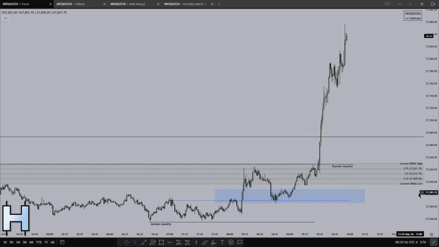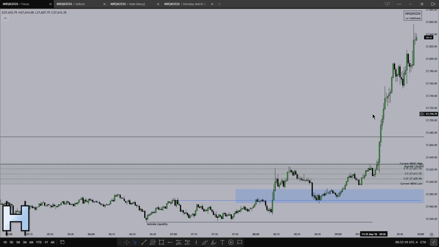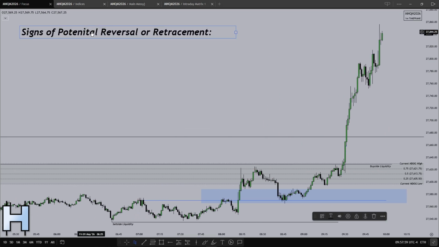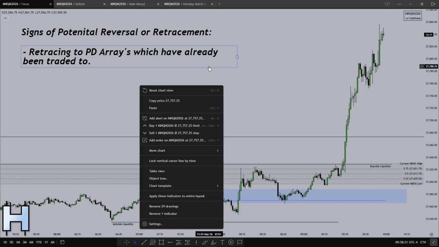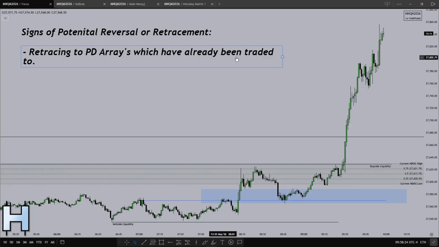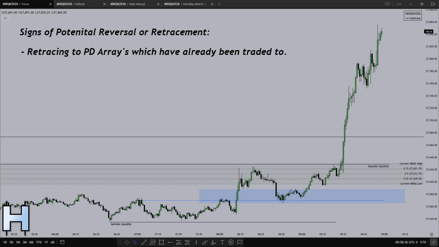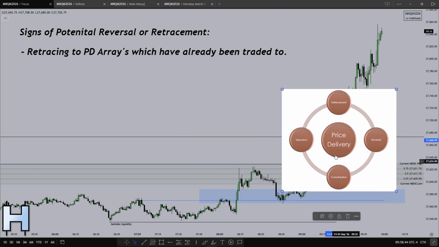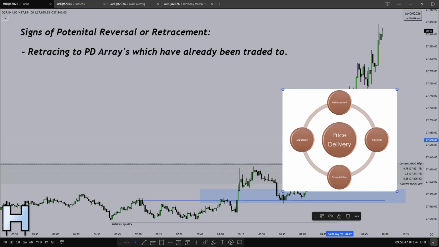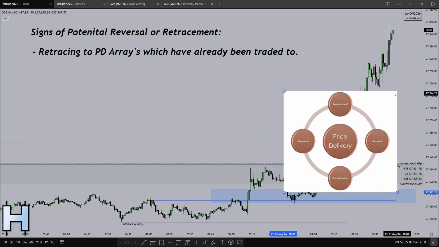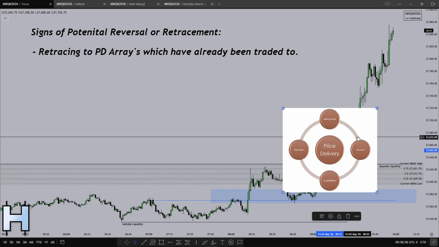What are the indications of a potential retracement or reversal? Let me just write it because it's easier visually. I'll look in 1 second. This also comes in line with signs of reversal or retracement or consolidation, but it's all using the stages of price delivery, and you've probably seen this before. What I try and capture is the expansion phase when price is in expansion. That's the only reason my model works, really, or any model works, is in the expansion phase, that's what you're trying to catch, because you can catch the reversal phase, but after reversal, you want it to go into an